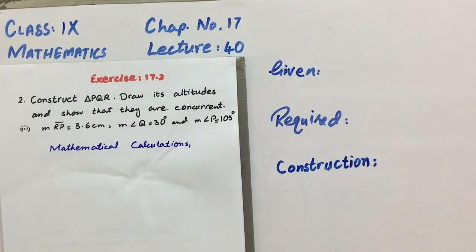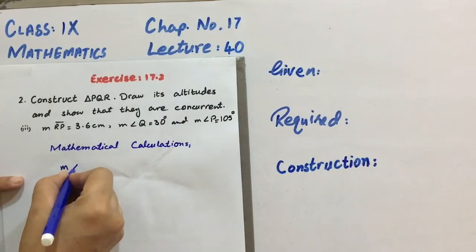That's why I have selected part 3 to do before you. You know the sum of the three angles of a triangle is always 180 degrees. So using this theory we can find the third angle, which is angle R. Let's start our work.